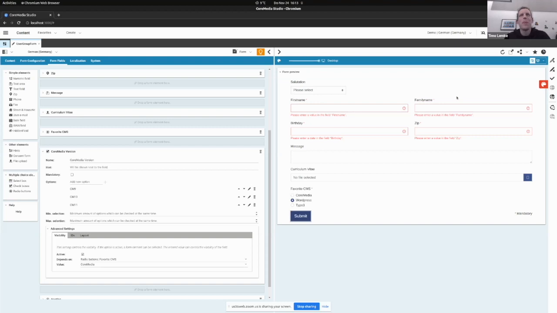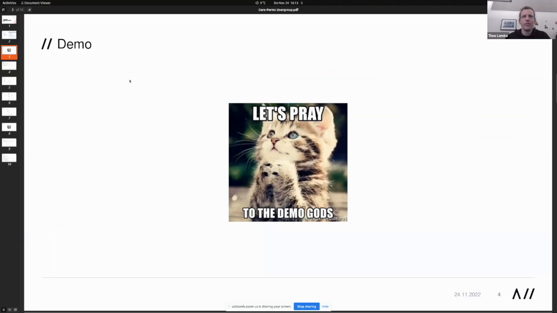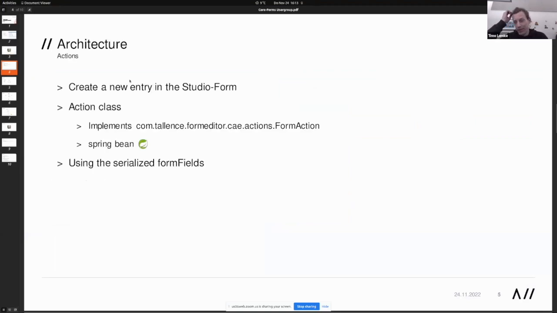So I will continue from a basic architecture point of view. I think this is more of a user group, we have many developers here, so I will show some insights of the architecture in a small coding demo afterwards. The first point I already mentioned, very important for customer projects, are action classes, because